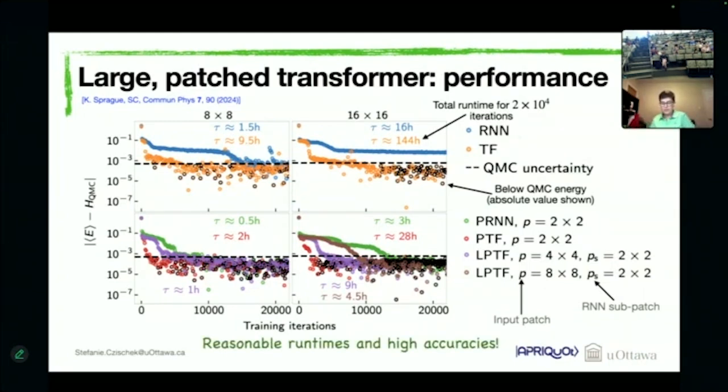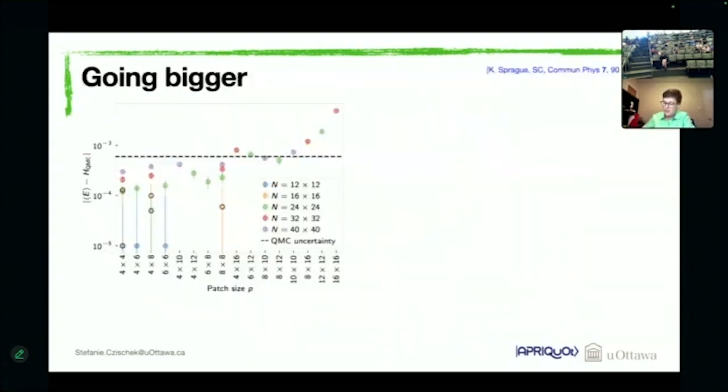Like it's not a long time, and it suggests that we can definitely go to larger system sizes within reasonable runtimes. Okay, so by using this large patch transformer model, we achieved reasonable runtimes and high accuracies, which is a very promising and powerful combination. And so we started to look into how big we can go here. And I'm keeping this rather short now, but you can look up the details in our paper. So we started to increase the system size. So we went up to systems of 40 by 40 Rydberg atoms. And we tried to find the ground state using different input patch sizes to our large patch transformer.